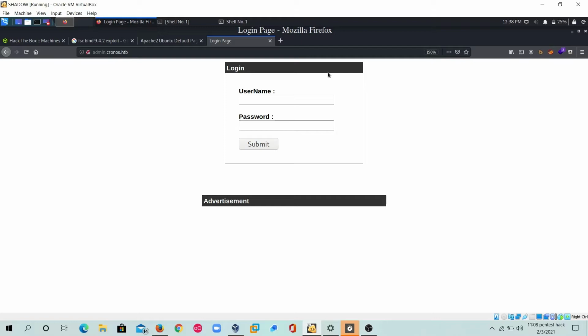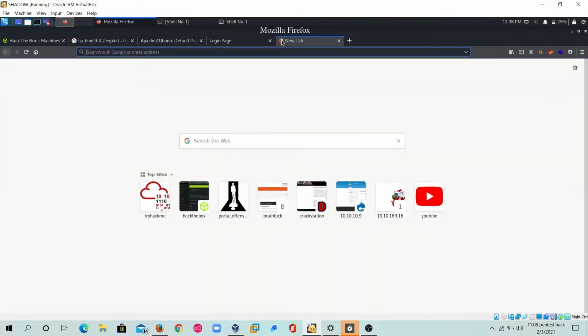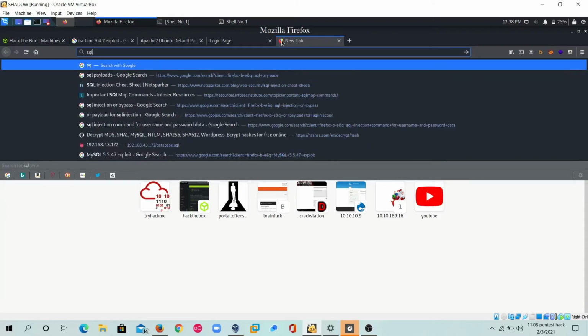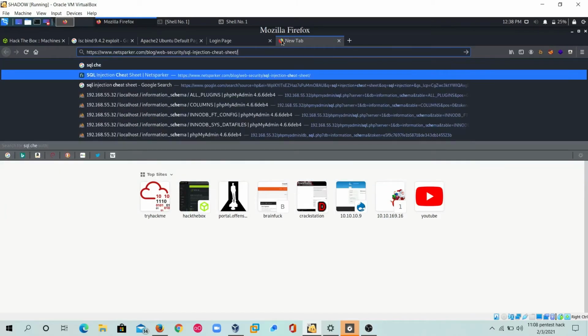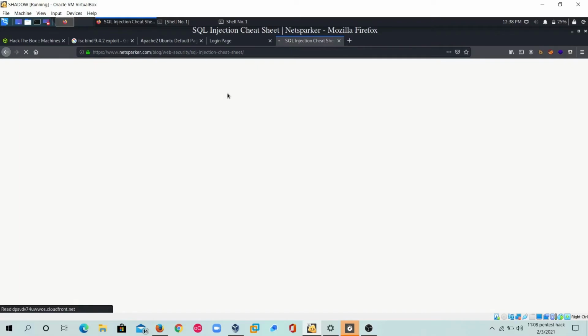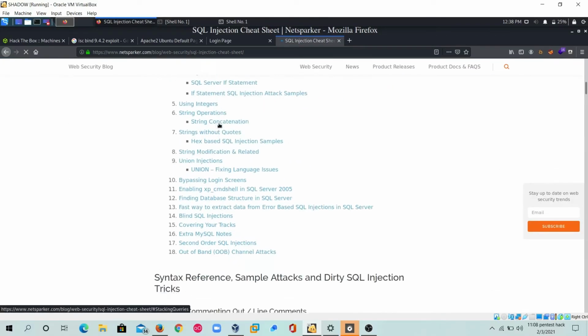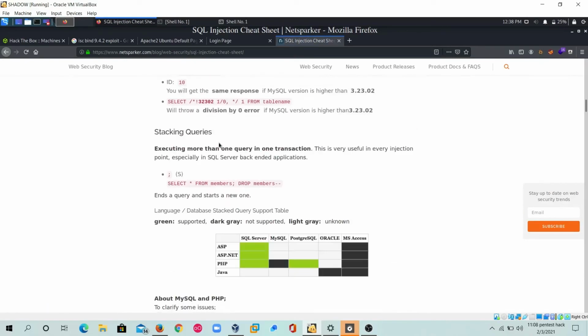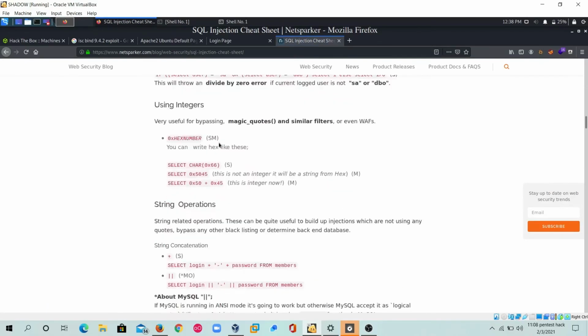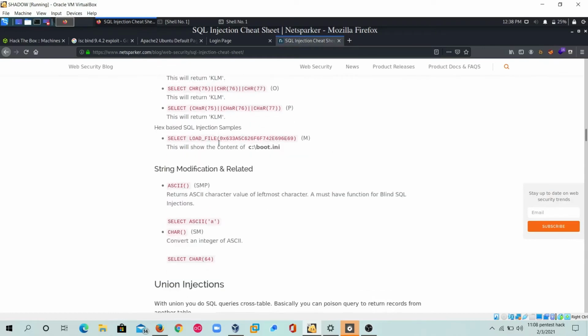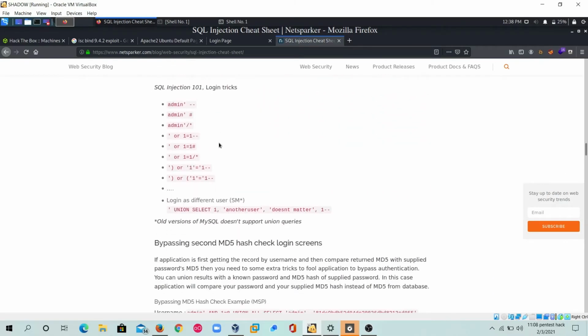As this video is for OSCP preparation, now we are going to manually inject the SQL injection payload and bypass this login console. So we have to search for the SQL cheat sheet first. When the cheat sheet opens, there will be some payloads. We have to check each payload, whether there is a bypass or whether it is filtering and sanitizing properly or not. So first we will check for this.